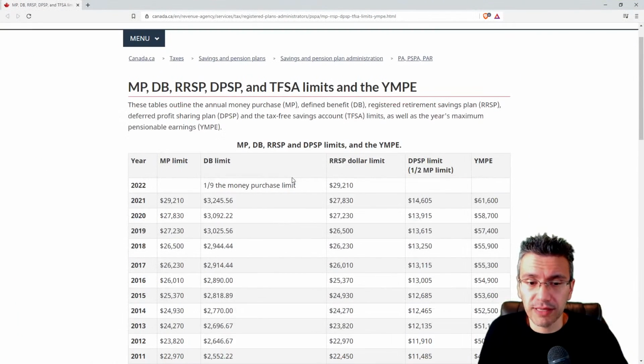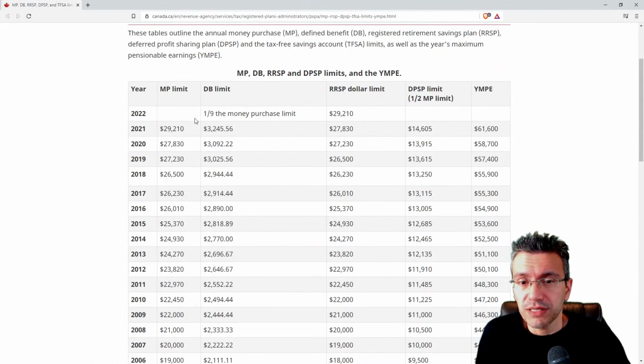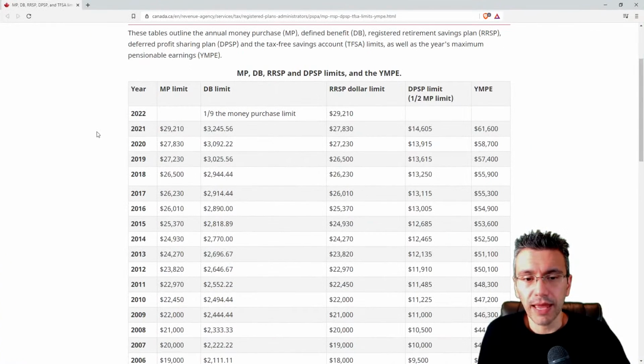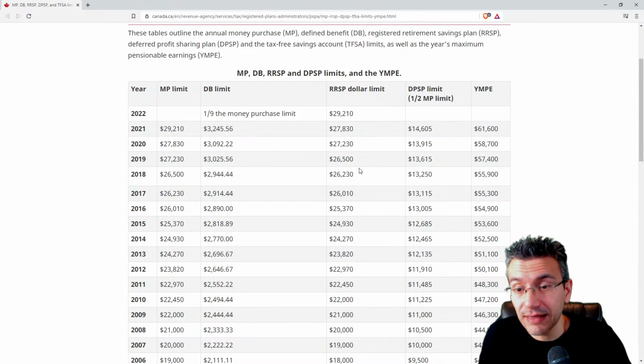So let me just show you what that means. You see here for 2020, this is the amount. They've already announced what the amount will be for 2021 as well as for 2022. And then obviously in previous years, these are the maximum allowable amounts to contribute, provided you're in that high income bracket. If you're only earning, let's say, $100,000, you're only allowed to contribute